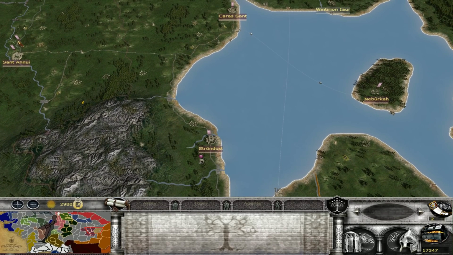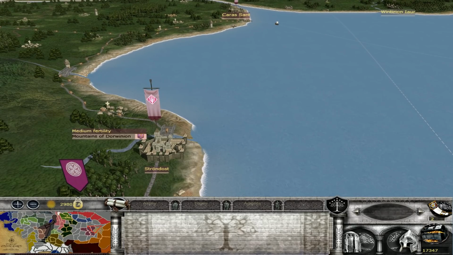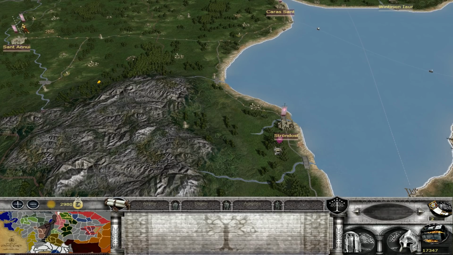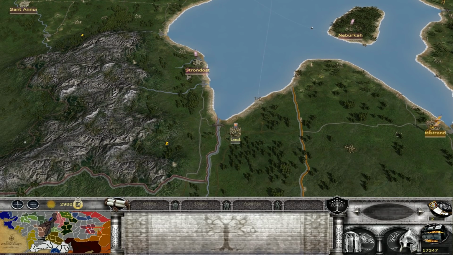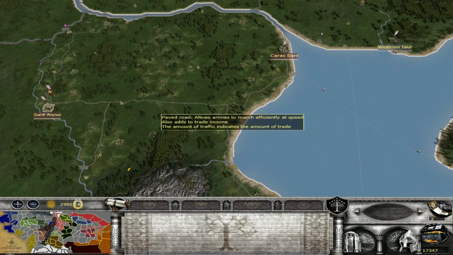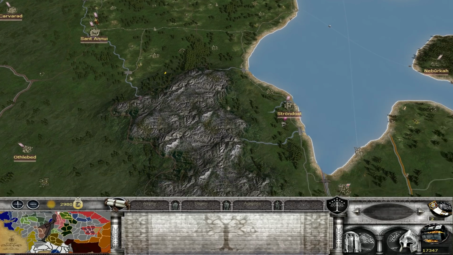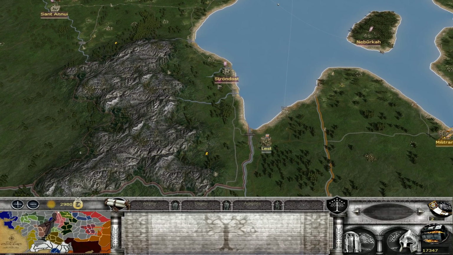For example, the town of Ströndost over here in Dorwinion, the mountains of Dorwinion, has been given a garrison for the human player as well, so that it is just a bit more easily defended, because it is one of your 3 heartland provinces as Dorwinion. But whilst we're on the subject of Dorwinion and moving away from garrisons, Dorwinion now does not have a debuff